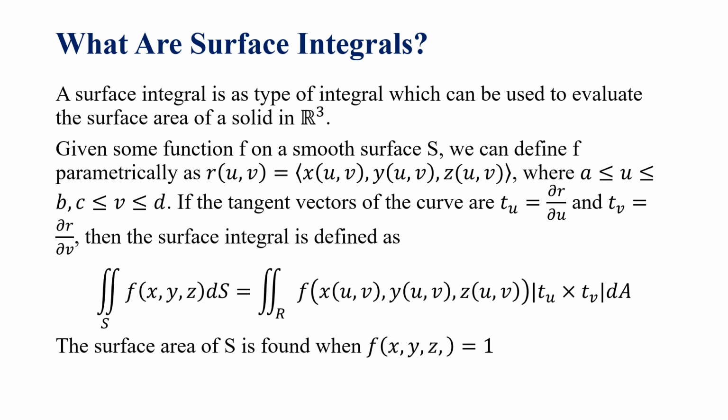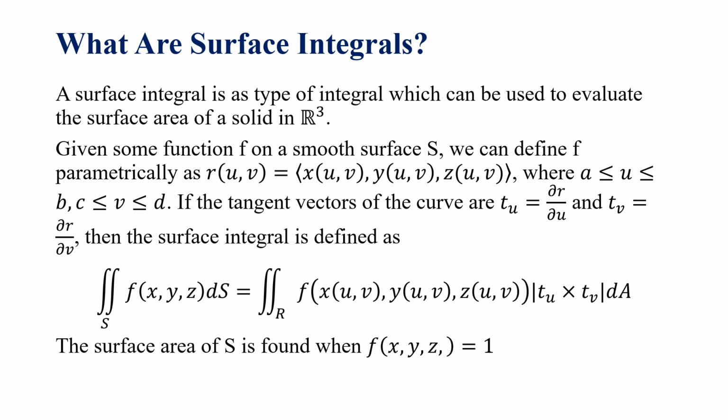Given some function f on a smooth surface S, we can define the surface parametrically as r of u,v equivalent to x of u,v, y of u,v, z of u,v, where u is greater than or equal to a and less than or equal to b, and v is greater than or equal to c and less than or equal to d. If the tangent vectors of the surface are t sub u, equivalent to the partial derivative of r with respect to u, and t sub v, equivalent to the partial derivative of r with respect to v, then